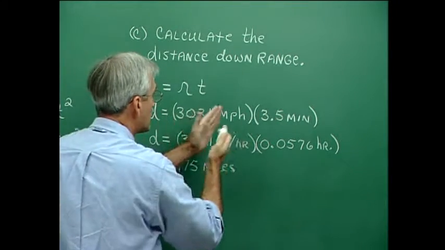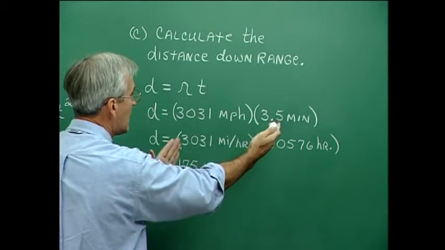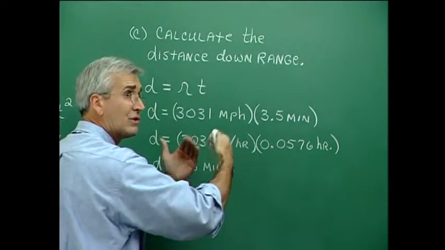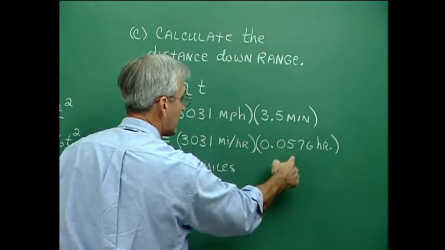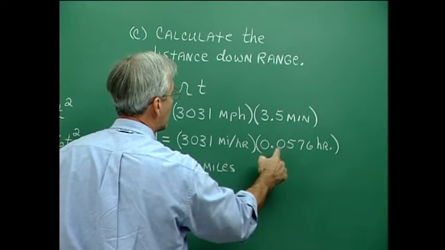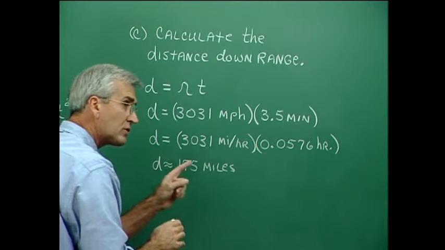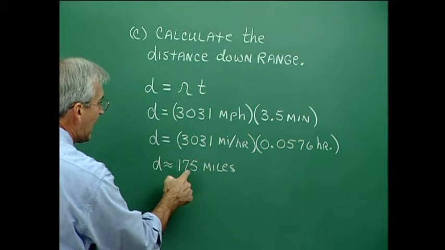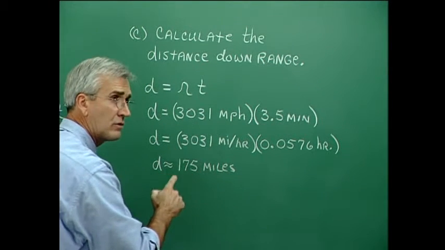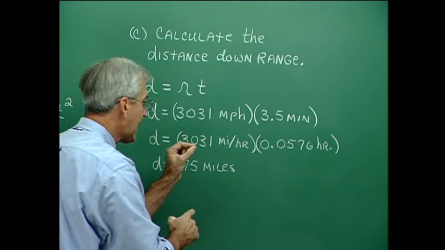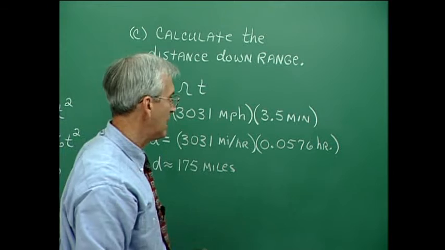Now again, we need consistency with our units here, and I've elected to change everything into miles and hours, so I'm changing the minutes into hours. And it becomes 0.0576. Multiplying here, we find the distance downrange to be about 175 miles. So 175 miles downrange, and after 3.5 minutes, we can find those solid rocket